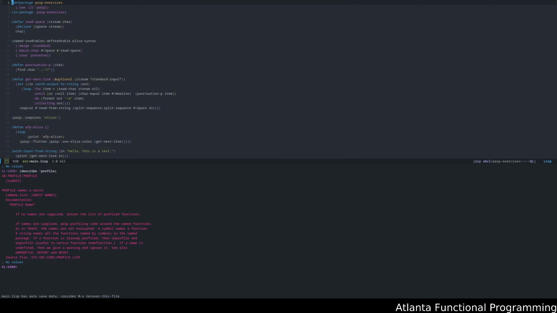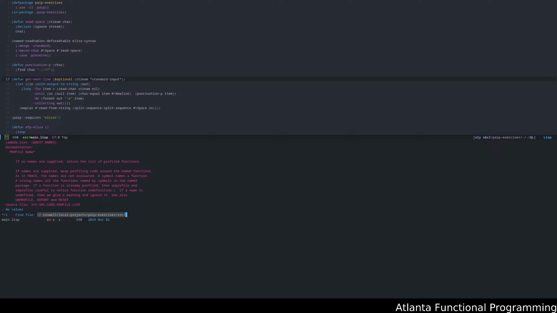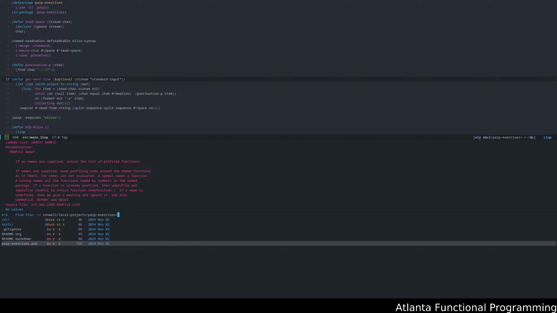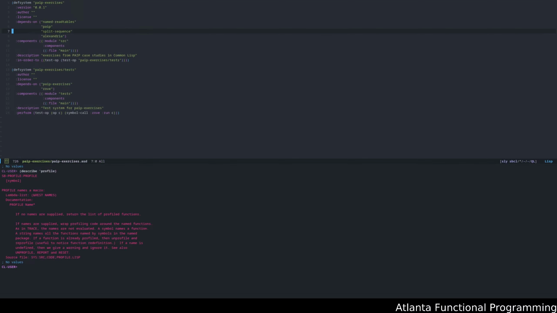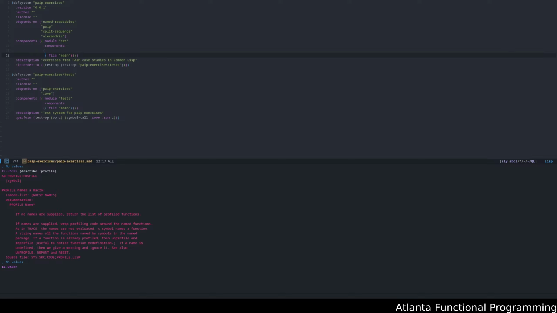I think this one is punctuation. Oh, this is our ELIZA implementation. Right, right, right. Let me go ahead and add a new one to our ASD file for today's discussion, just so that we separate the different implementations.